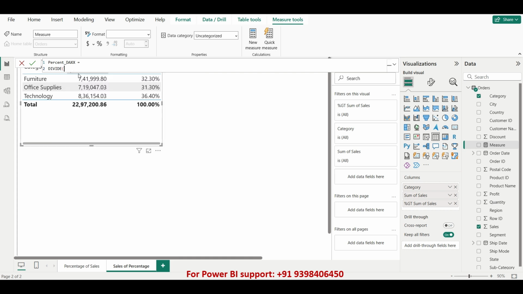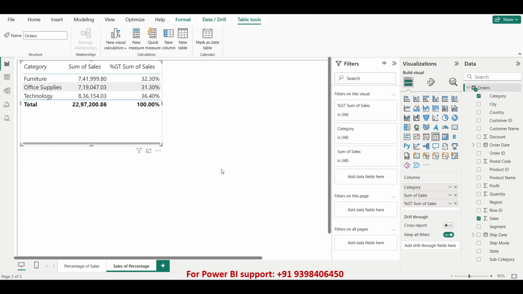So divide basically divides your numerator and your denominator, right? It's the divide function, with the ability to handle the divide by 0 case as well. That's a different scenario. But simply, I want to create a numerator by denominator. For the numerator, I want to create total sales. So guys, before creating percentage of sales, we have to create one more measure here, that is a measure for total sales,